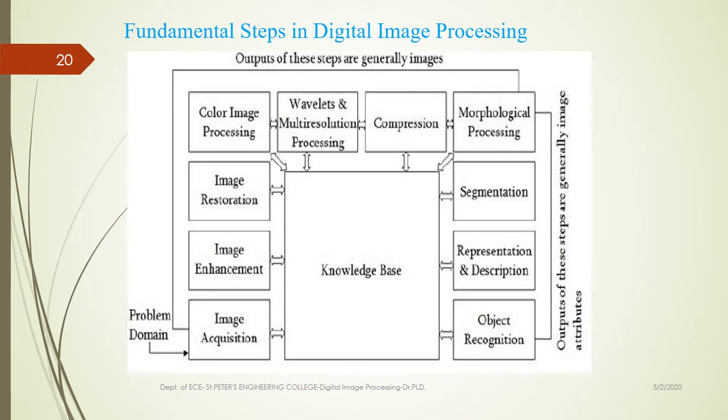That means after the segmentation, we can perform the morphological processing, or after the morphological processing, we can perform the segmentation. Segmentation has many techniques, but any of these techniques can be implemented in a sequence in order to extract the required or desired things. Segmentation is dividing an image into its constituent parts. After the segmentation, we can extract the required information.